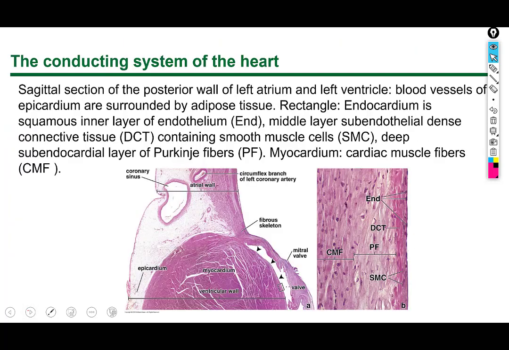Okay, so we looked at the conducting system a little bit, and I think this is about where we ended. What we're looking at here is the back of the left atrium and ventricle. Things you can see in the zoomed out view right away are that the ventricle is a lot thicker than the atrium. The atrium only has to pump enough to get blood down to the ventricle below, and most ventricular filling is passive anyway, so they don't need to be as muscular as the ventricles, which have to pump blood upward, and not only upward, but since this is the left ventricle, against the peripheral resistance